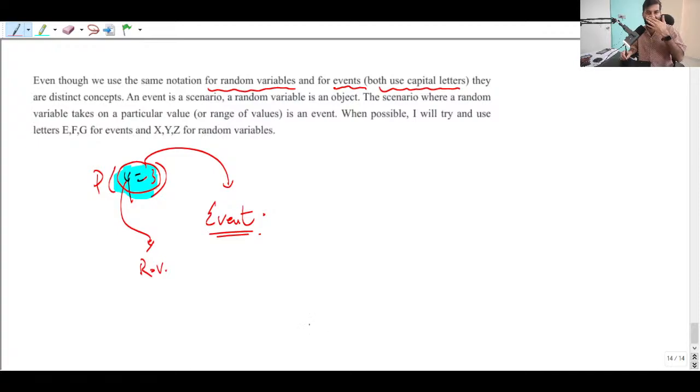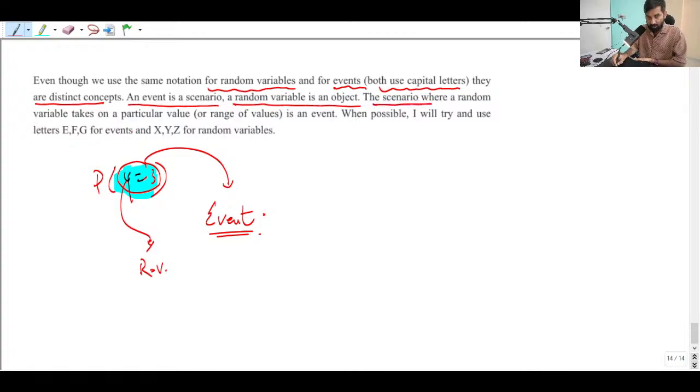Okay, I think this is clear, right? So they are distinct concepts. Don't take it as random variable being an event. That is totally different. An event is a scenario, and a random variable is an object. The scenario where the random variable takes